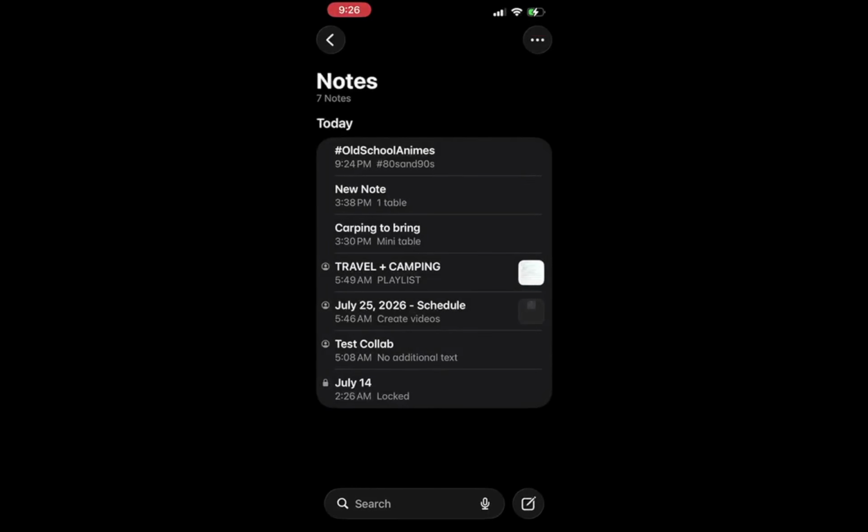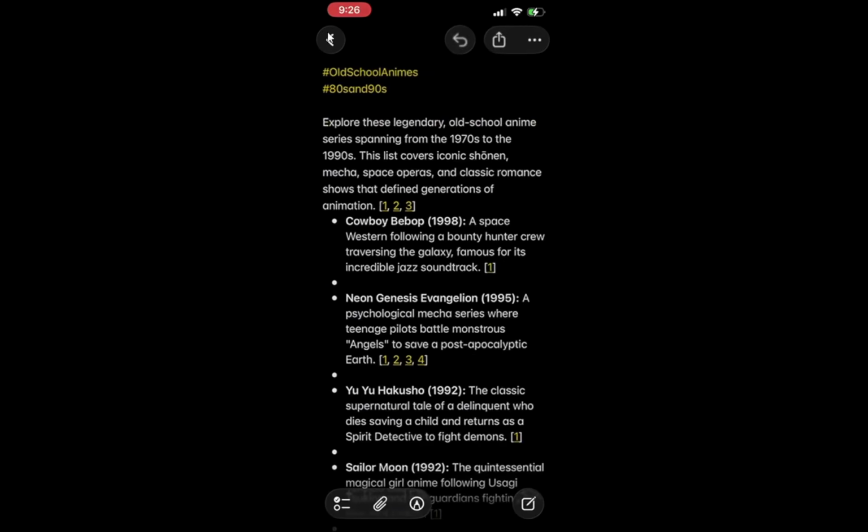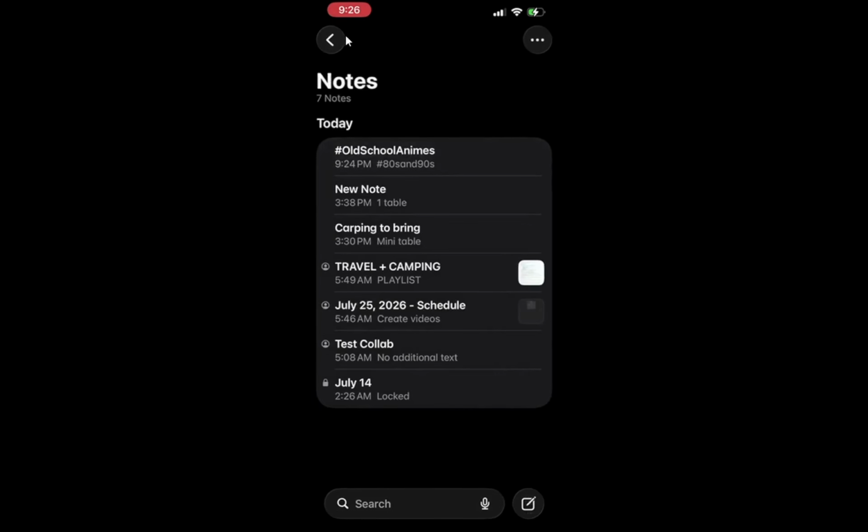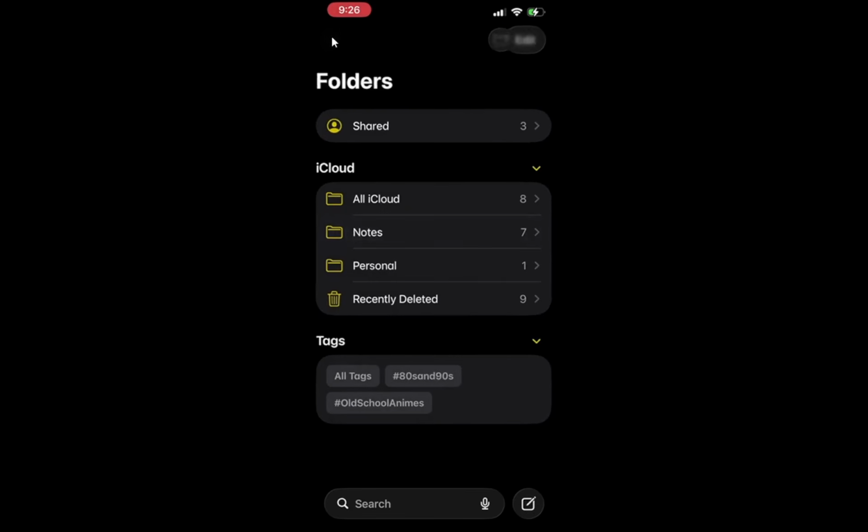The back button is usually located at the top left corner of your screen. Each tap on this button will take you one step back in your navigation. It's essential to reach the Folders screen because that is where all your folders are organized. This action helps you maintain an efficient workflow, allowing you to access different notes quickly. Once you reach the Folders screen, you will notice a clearer view of all your folders.